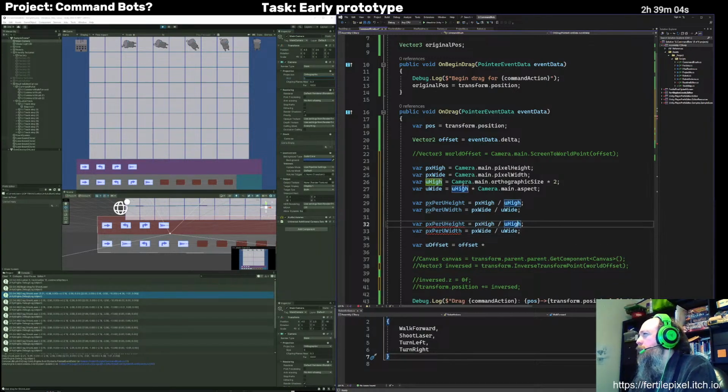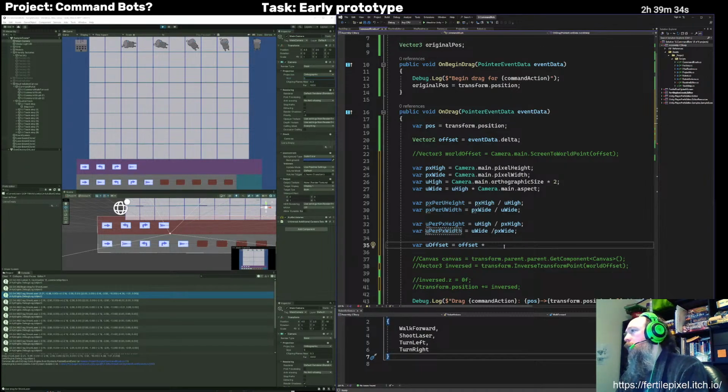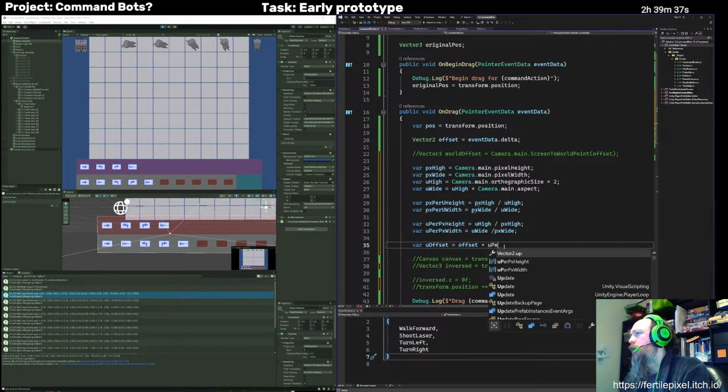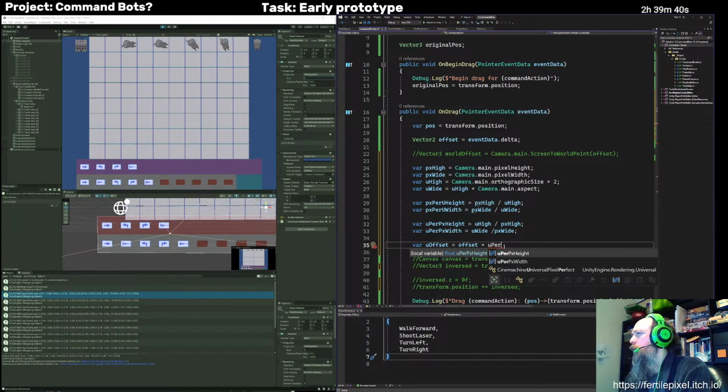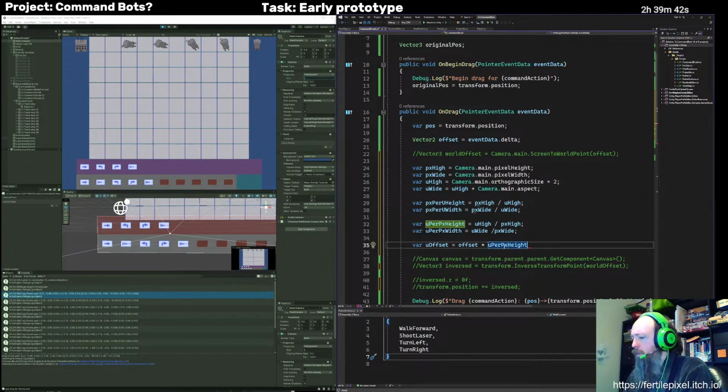I'm just doing it this way because I feel like it. I'd rather do that the other way. So that's U per pixel. There. So we've got a pixel value. So basically, what a unit per pixel height, for example,